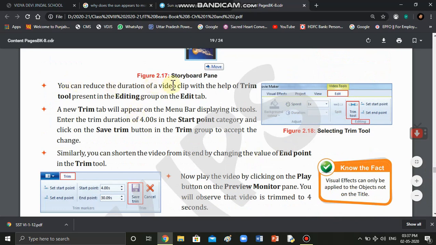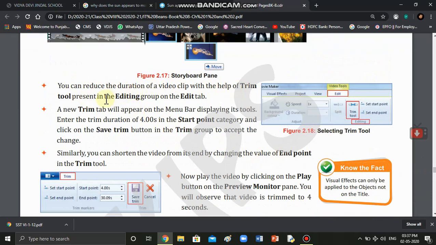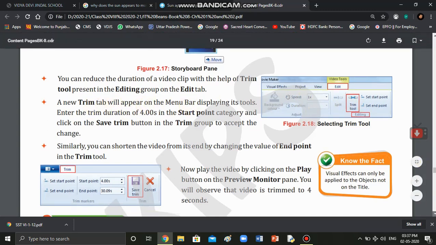You can reduce the duration of a video clip with the help of trim tool. Trim is used to cut short a video present in the editing group of edit tab. See, this is your edit tab, this is editing group, and this is your trim tool. A new trim tab will appear on the menu bar when you click here. See the dialog box of trim tab.